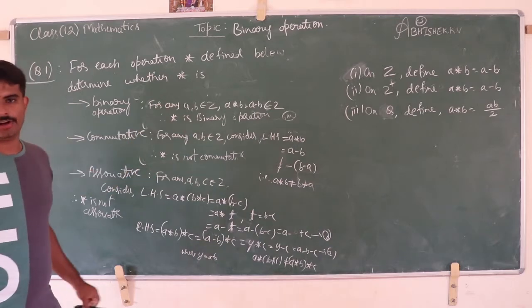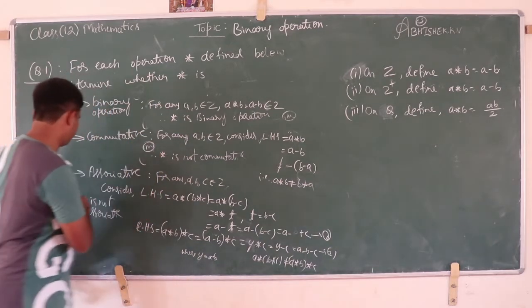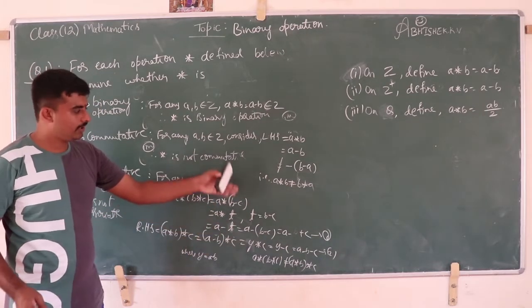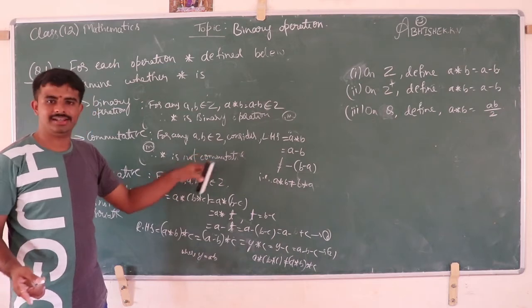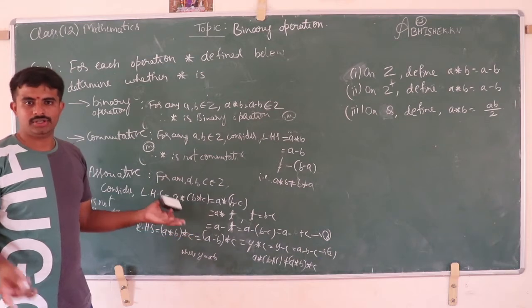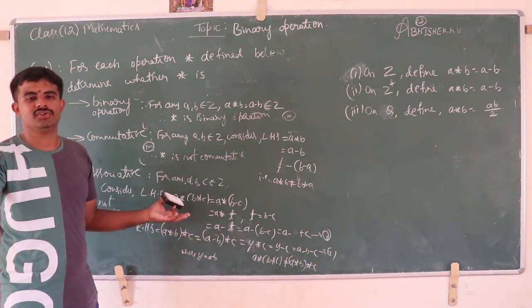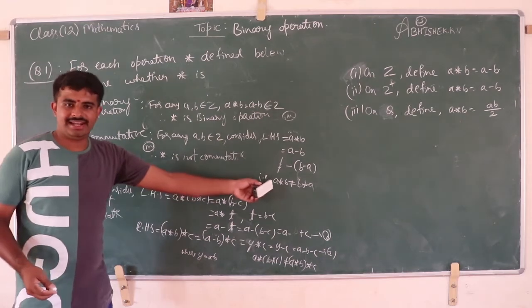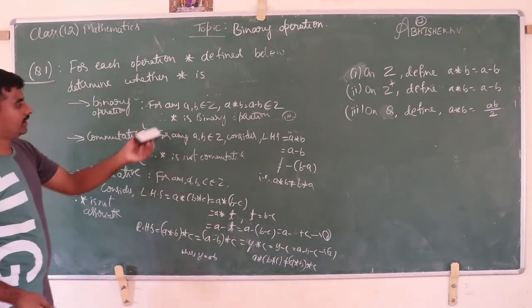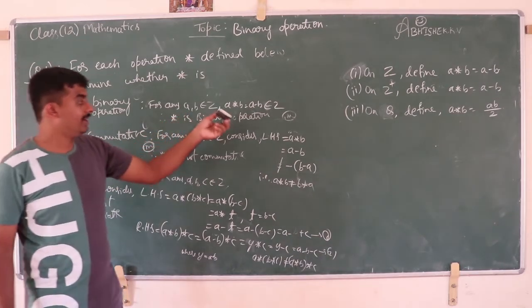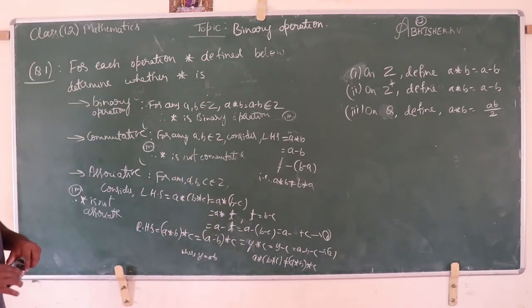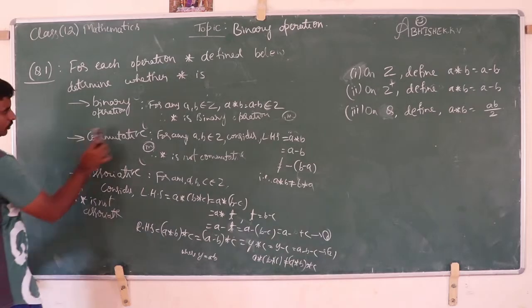But star is a binary operation. For this, you will get 1 mark. For this, you will get 1 mark. Consider the definition and equate that. If both LHS and RHS are equal, then it satisfies the commutative and associative. Therefore, we conclude that star is commutative, star is associative. But here, both LHS and RHS of these two do not satisfy. Therefore, star is not commutative, star is not associative, but star is a binary operation. Very important. Now I move on to the next question.